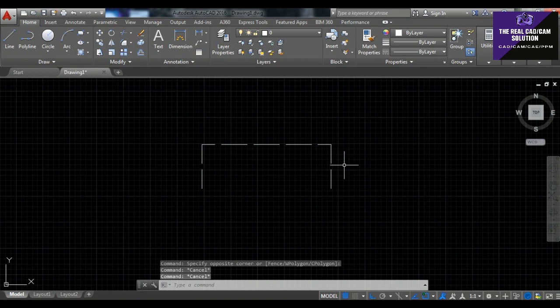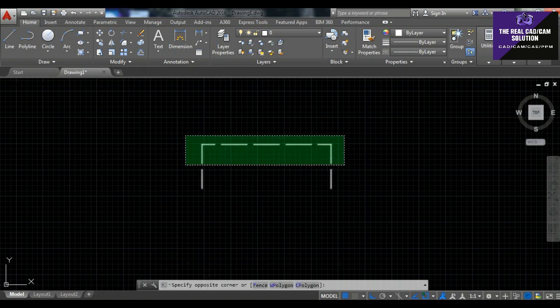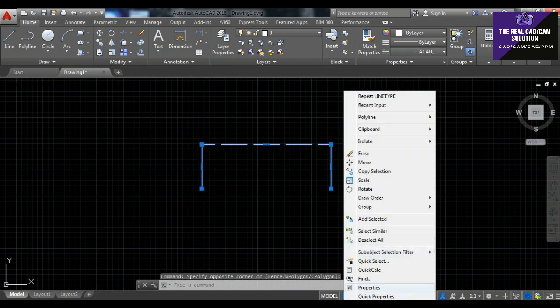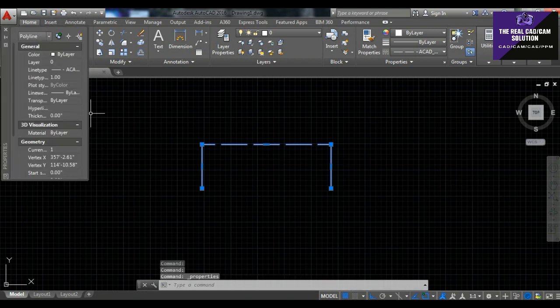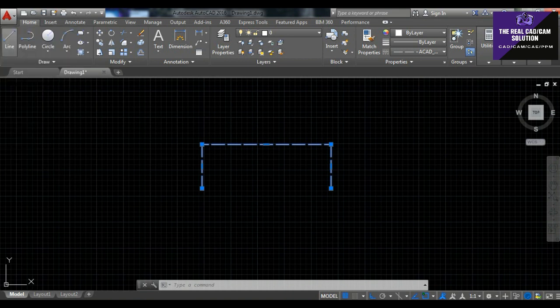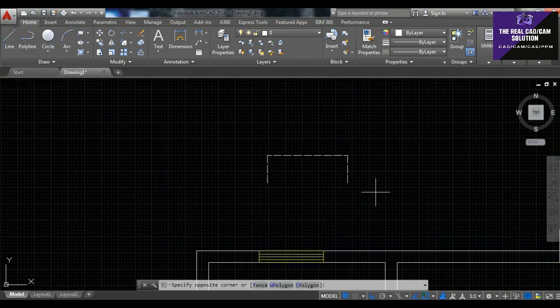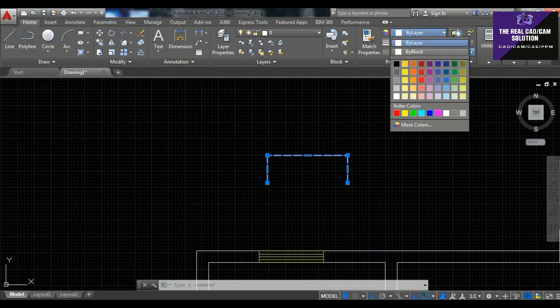Then select this line, click the line type, and change the properties like this. If you want to change the scale properties, like for a small line, just select the line, right click, go to Properties, and then go to the line type. Here it comes to 1. I just change it to 0.5. It changes like this. Okay, and then color the lintel slab red or like this.